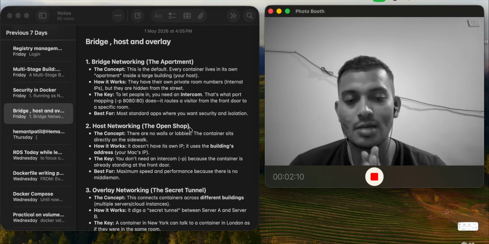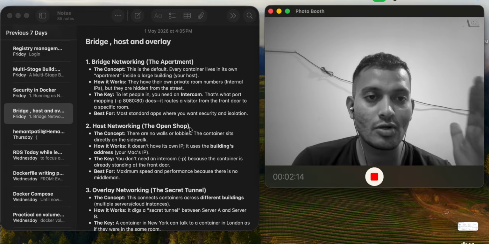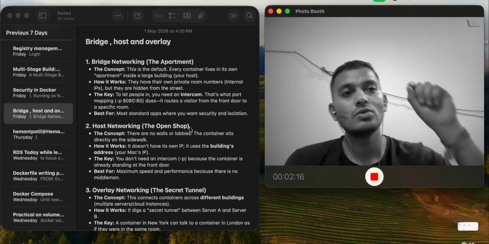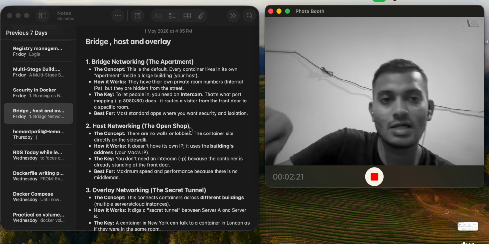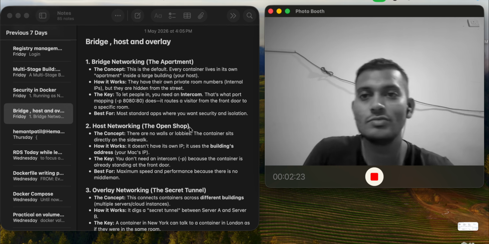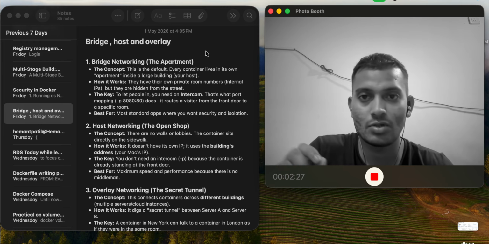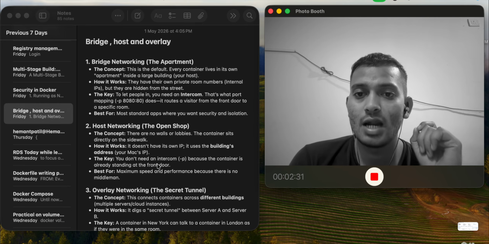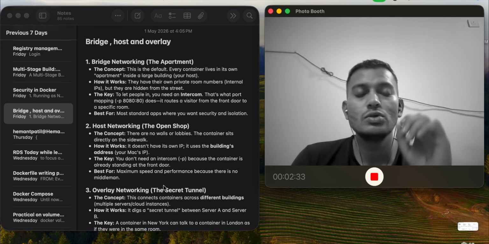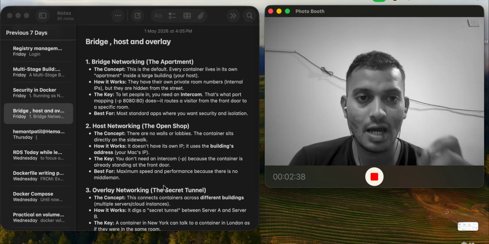For example, if you write http://localhost:8080, the request will go to container port 80. So this is all about bridge networking. Okay, and after that, host networking. So in bridge networking,